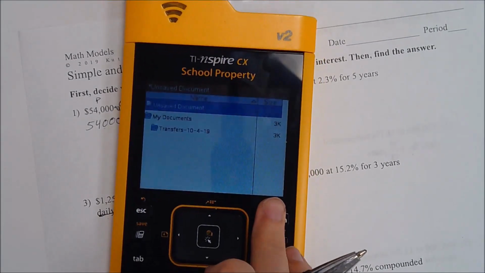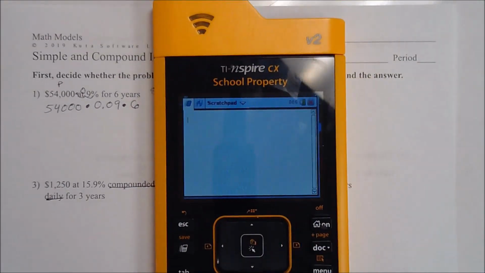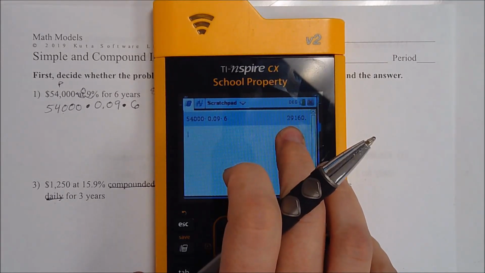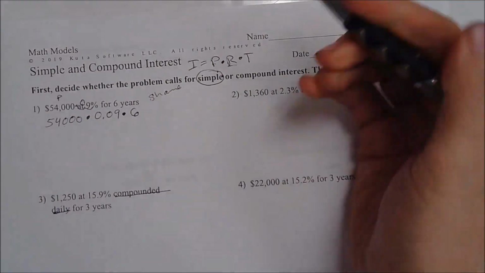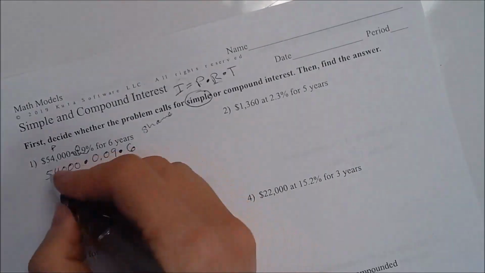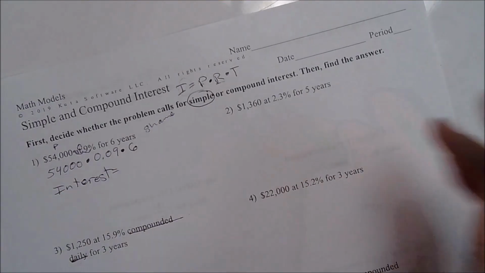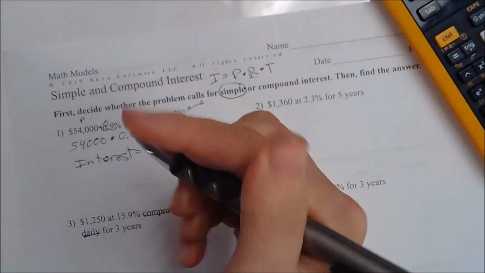Grab calculator. I'm just going to use the scratch pad there, and I'm going to multiply these together. So 54,000 times 0.09 times 6 years. And I get $29,160. Now this is the interest. So interest equals 29,160,